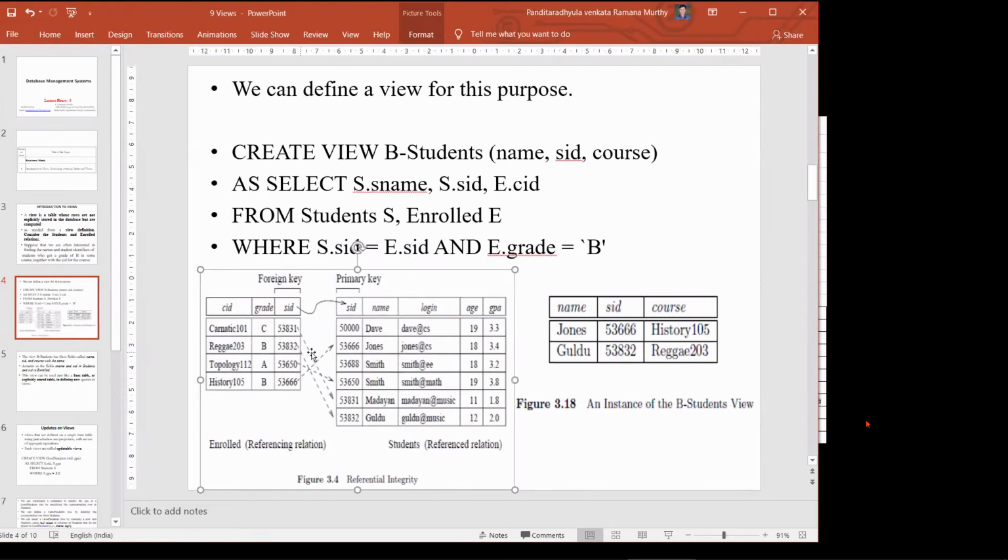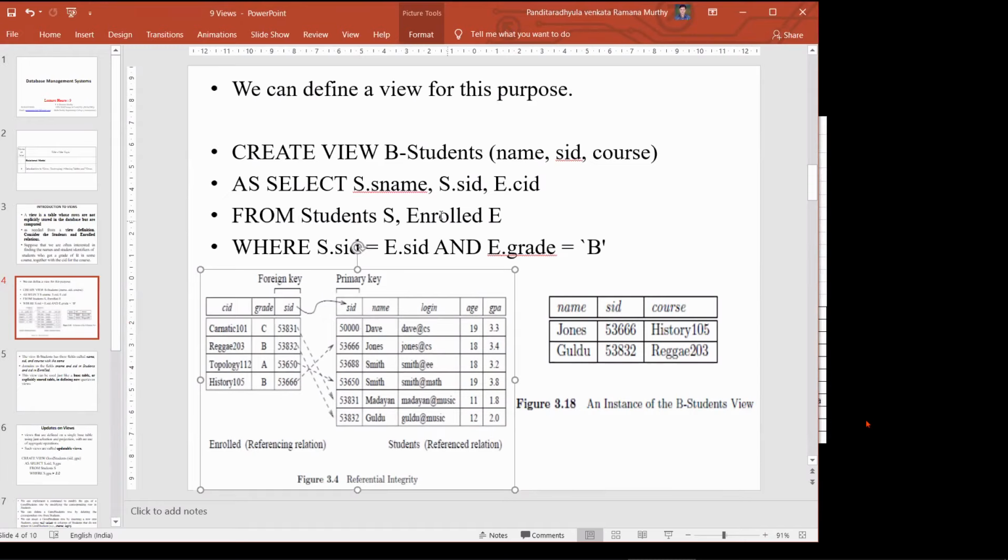It compares each and every SID value with the SID value in the enroll table. If and only if there is a match, then it takes only that particular column. Automatically it filters all other values and also identifies whether the enrolled grade is B or not, so it eliminates the remaining values. It filters only B graded values and compares that B graded value with SID, both in the primary key and the foreign key; both should be the same. That value will be given.